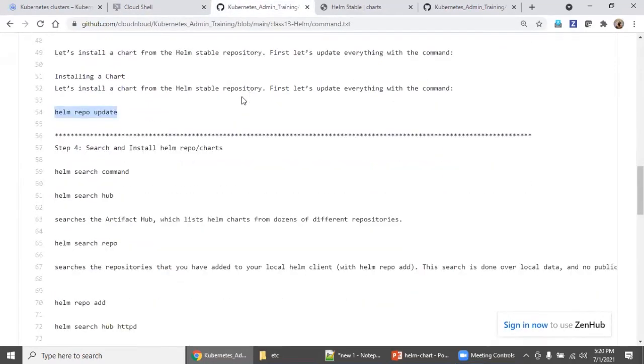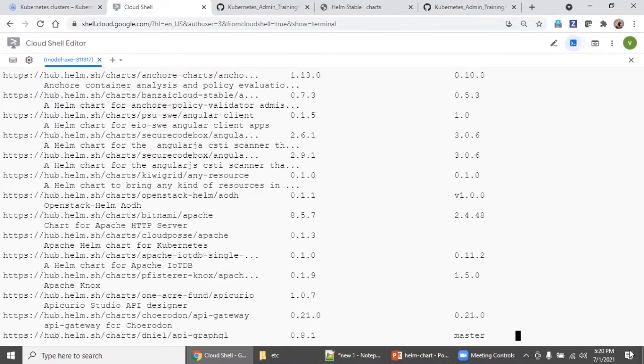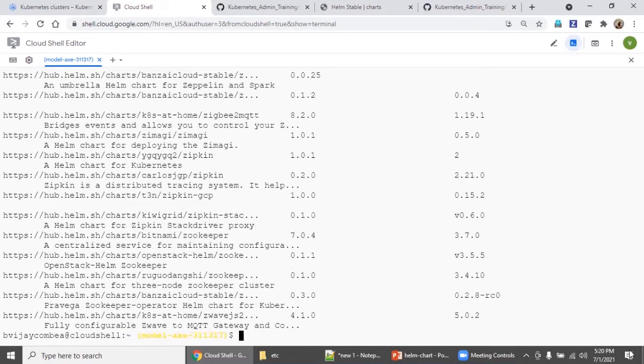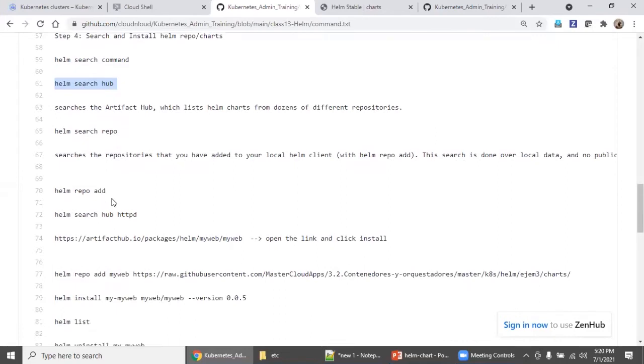Come down. Now the search command. So let's search hub. It will search everything with all URLs, repository URLs, everything, right? So what I'm saying is, I need some particular chart and repository and some packages, right? So come down.